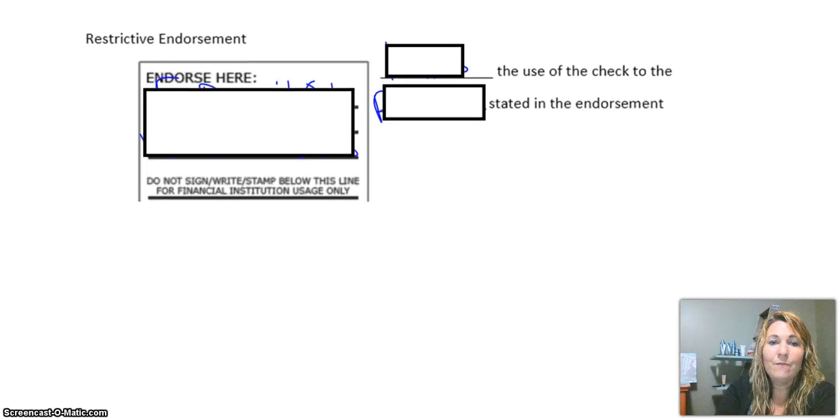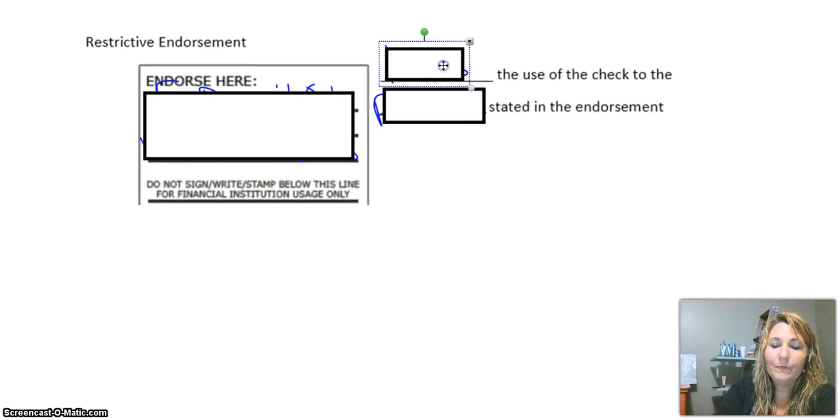And finally, we have a restrictive endorsement. A restrictive